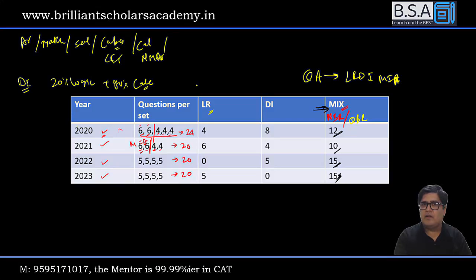But again, look at this. How many pure DI questions are there? 5 questions means one set. Only one set is there. Pure LR, only one set. See,